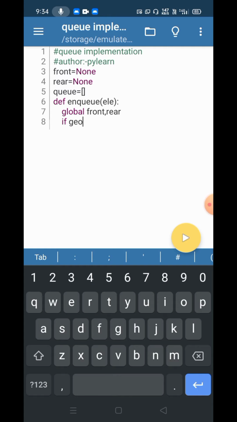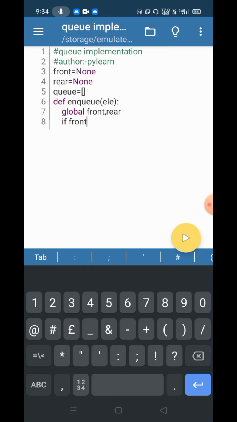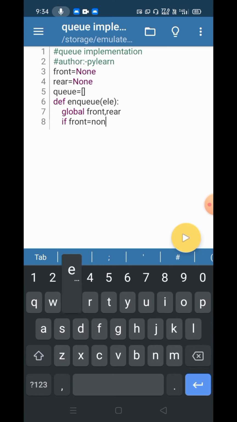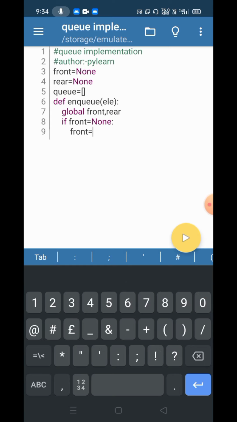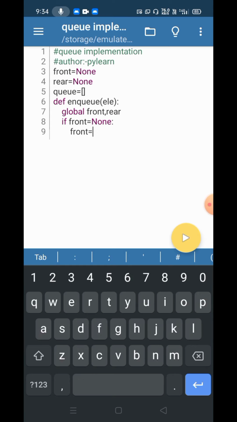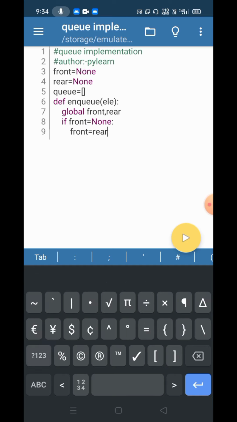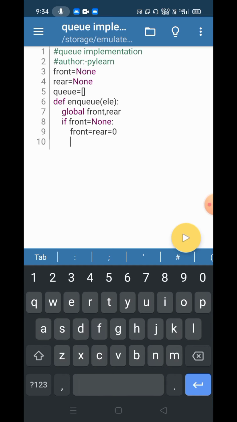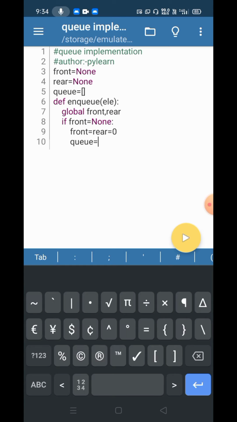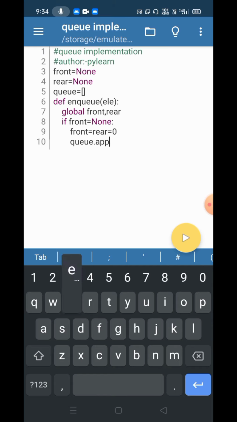If front is equal to None, meaning there is no element in the queue, then we should make our front and rear equal to 0, and then we should add our element to the queue. queue.append of element.